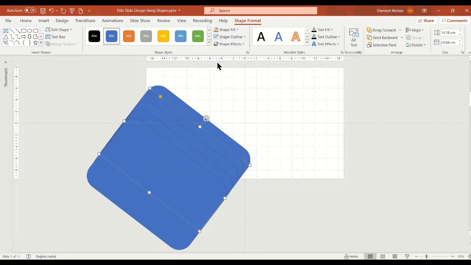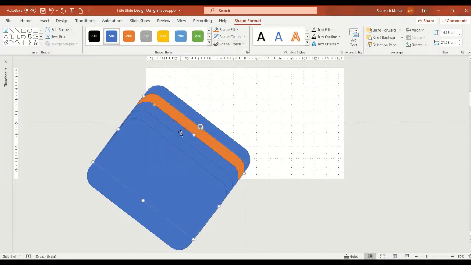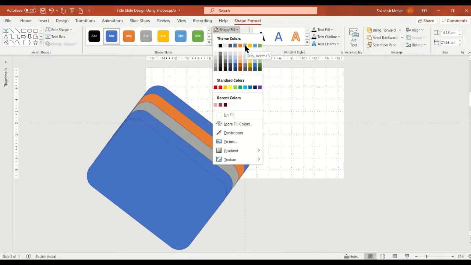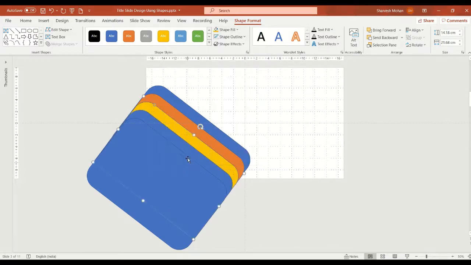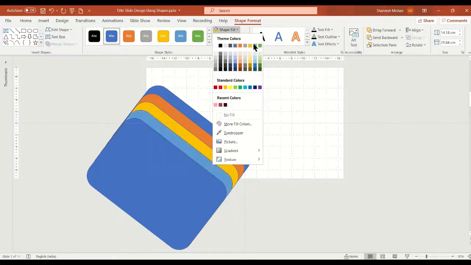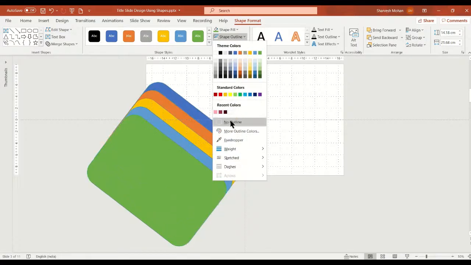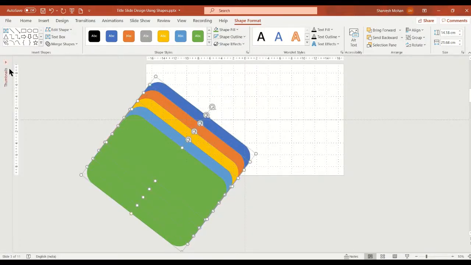There are color palettes available. We'll select each color. Okay, select all, shape outline, no outline, and move to the previous slide.